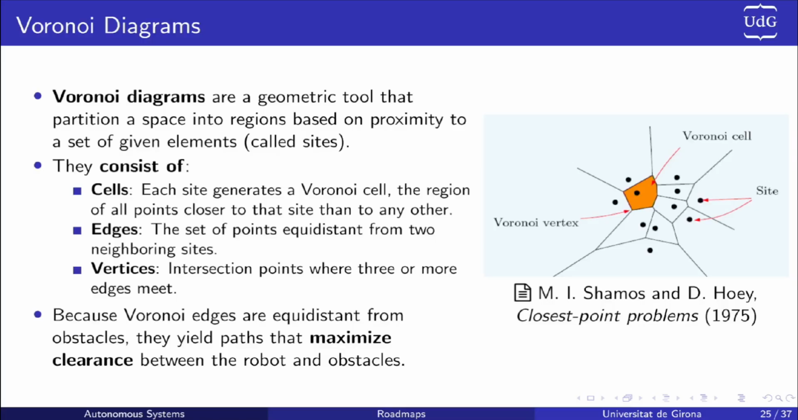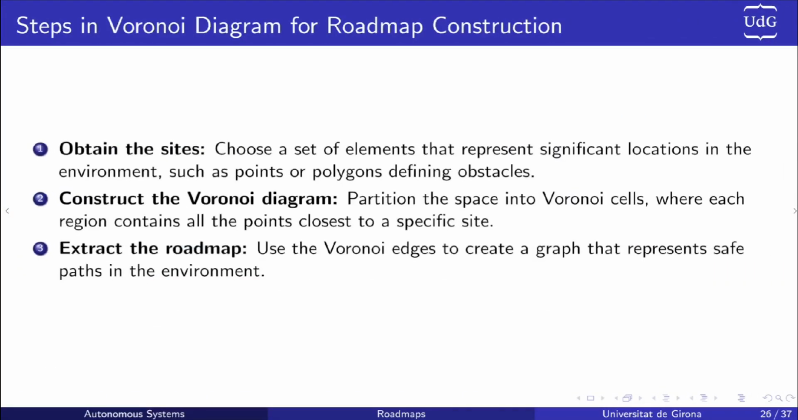Again, here we are only creating the roadmap. We are not explaining which vertex or which edge we need to follow in order to reach a particular place. Only how we build these edges. Then these are the steps that we need to follow in order to build these roadmaps